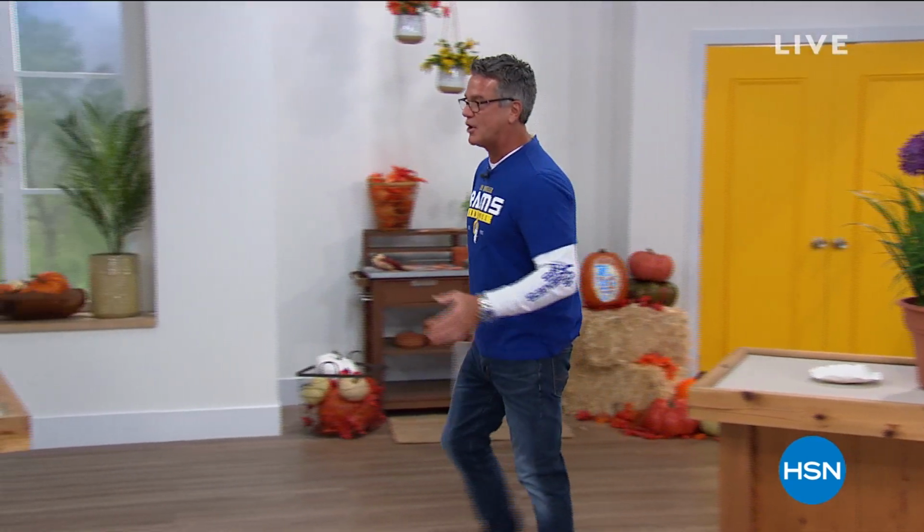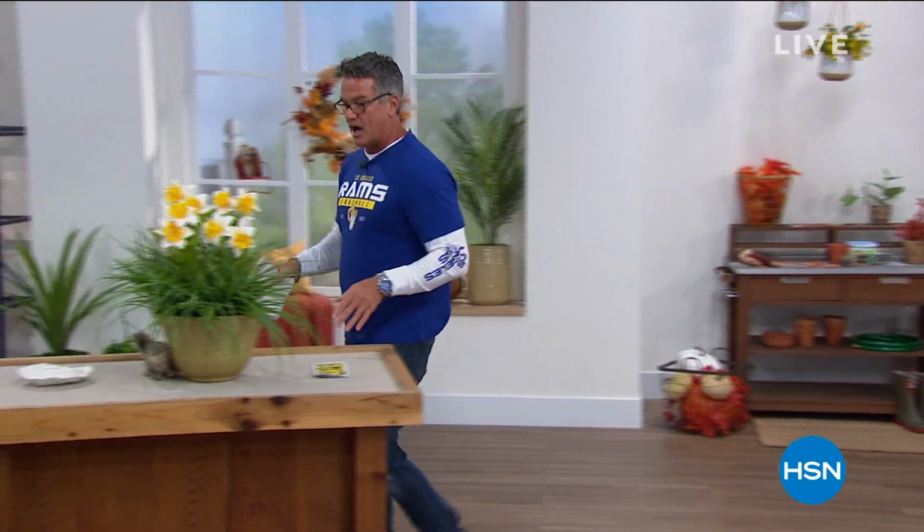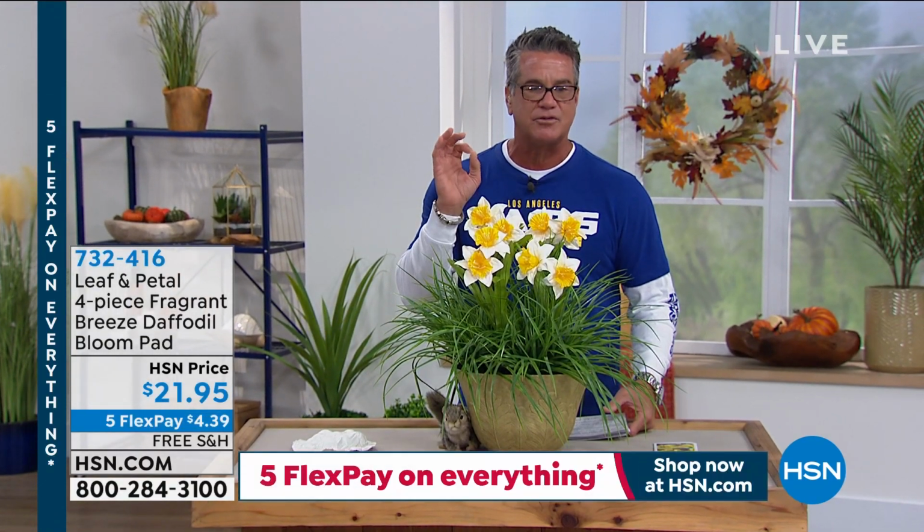All right, Rachelle, I'm going to step over because I'm excited about daffodils. We don't often get to do these. These are another plant that is going to come to you in a bloom pad. And these are beautiful. And they have the most incredibly soft but pretty fragrance. This is